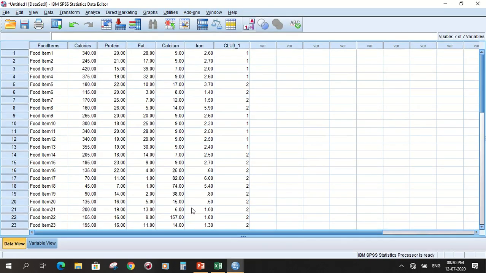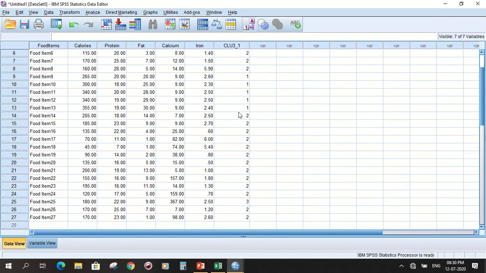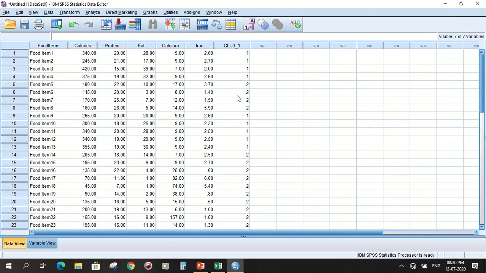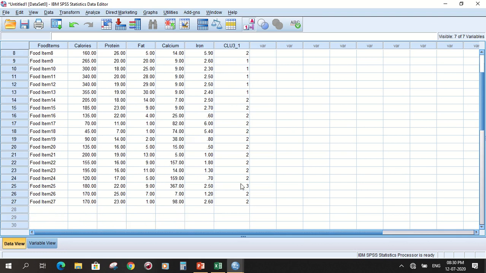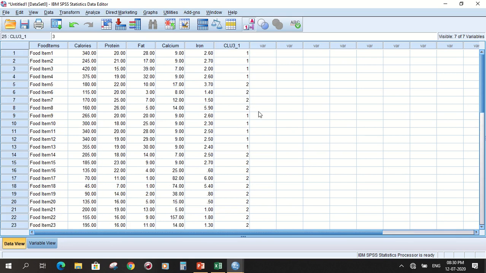Then we can see here the cluster classification in this variable. Item 25 is in the third cluster, the first four are in the first cluster, and items 5, 6 are in the second cluster.